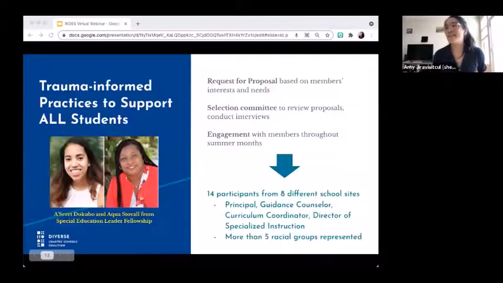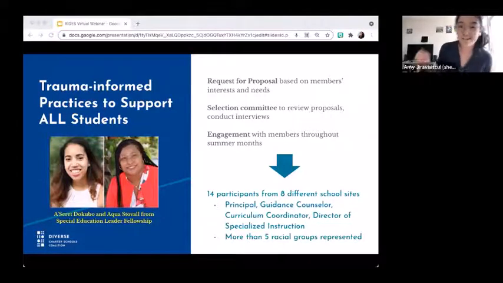And like I said, we put in the effort of finding the right folks, reviewing different proposals, and making sure that members throughout the summer months were aware that their input influenced the way that we were able to have this topic rise to the forefront. Because I think especially in the era of the pandemic, trauma being more widespread, this seemed like a high priority topic to touch into. So in their group, they're leading 4 participants from 8 different school sites, and I listed some of the